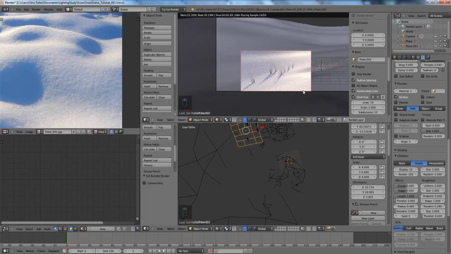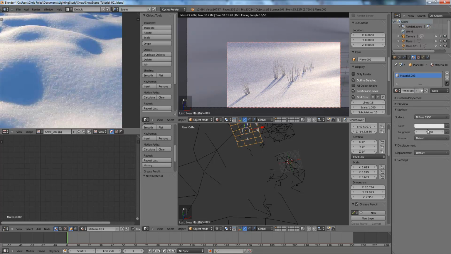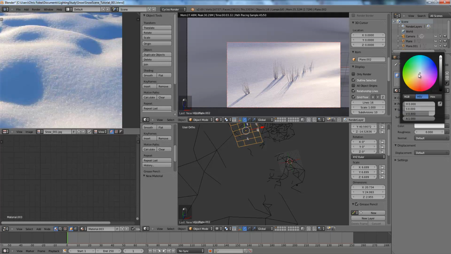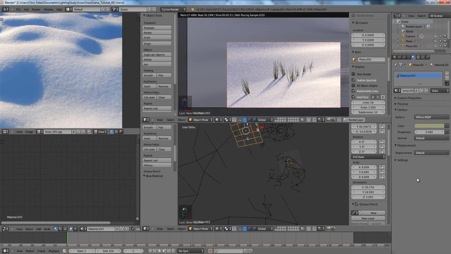So now we have some neat looking grass clumps here. Let's make a material for them. That will be new, and we are going to have a diffuse of maybe a dark green. This is like a dark yellow green. This is like some dead grass that's poking through maybe. And then we are going to